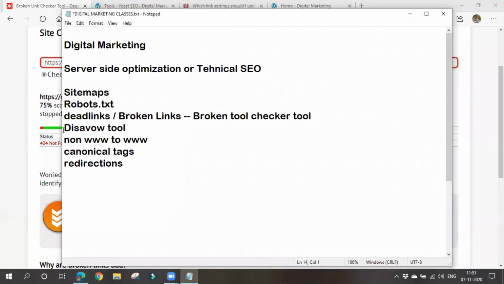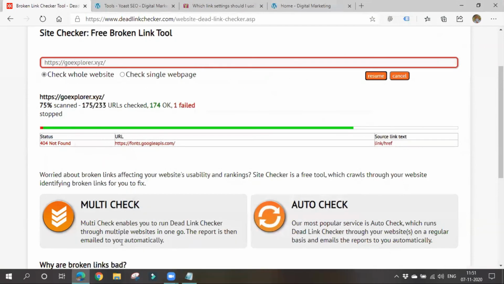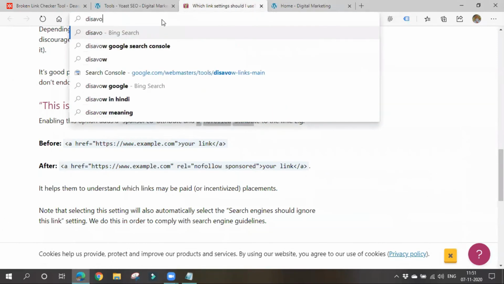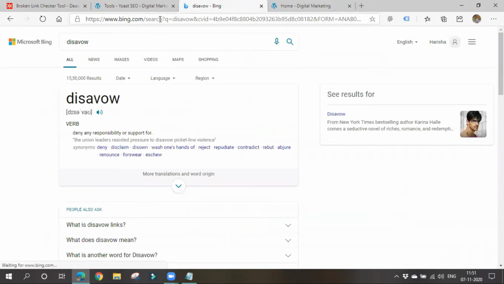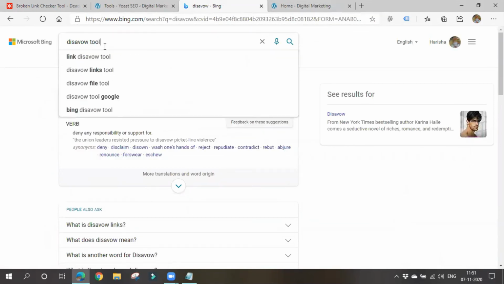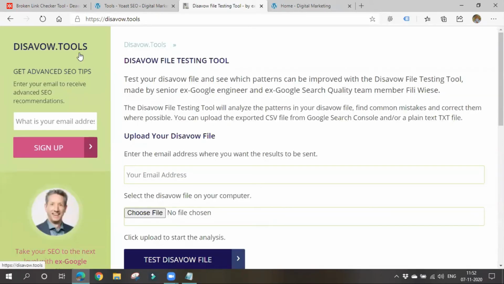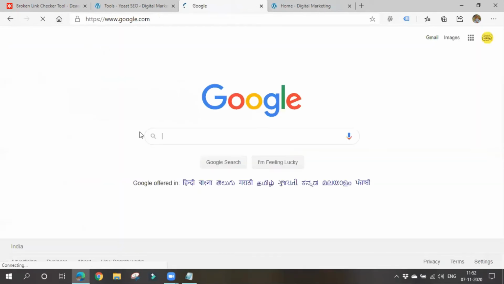If you see, there is a tool called Disavow tool. Please search for this tool in Google. We have to submit all these things to Google itself. So go to Google and search for Disavow tool. It will navigate you to Google Search Console. For that, you must have a Search Console account linked with your WordPress site. Go and search in Google, guys. You'll find it easily. As it is Bing, it is taking me somewhere else.